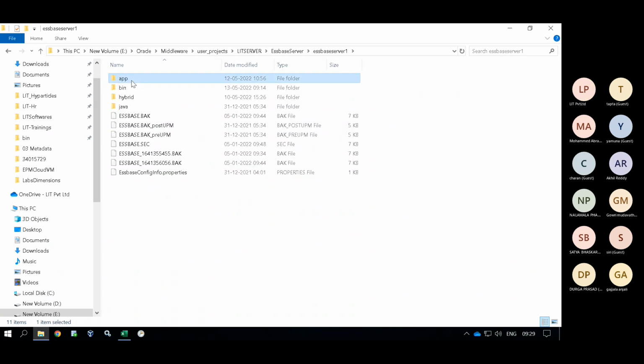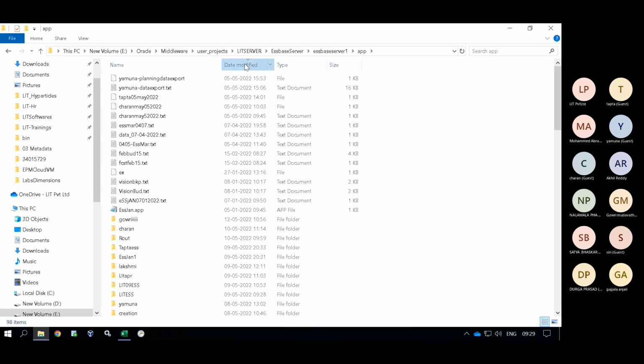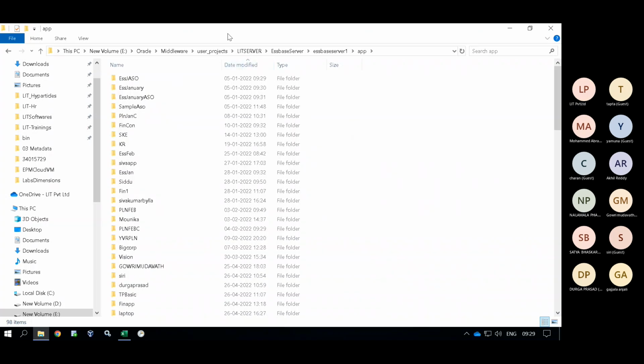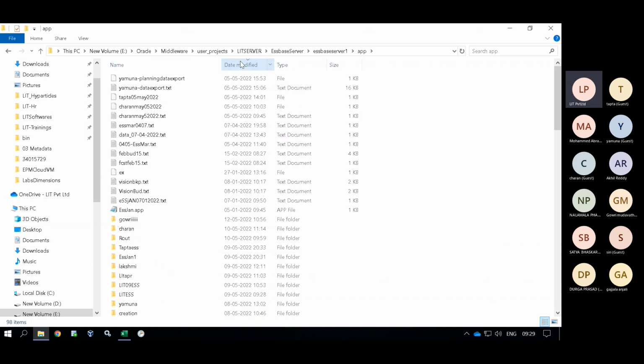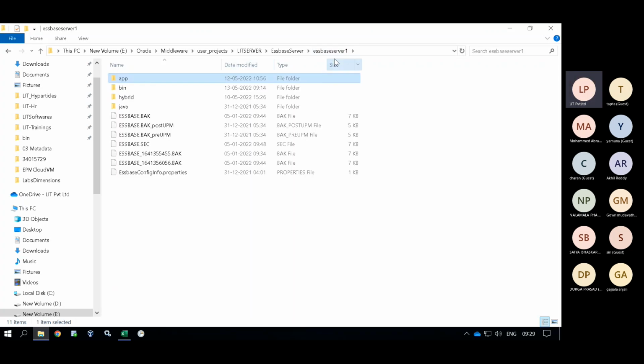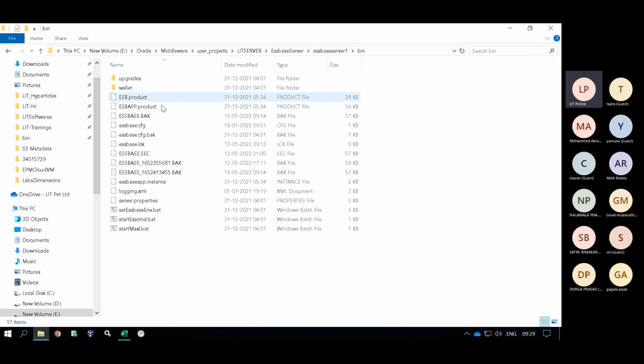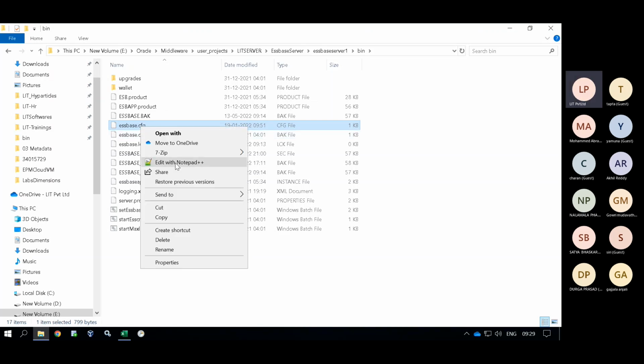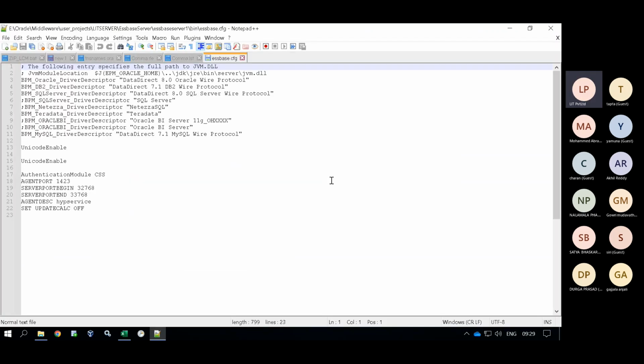I went to the ARBORPATH, where I can see the essbase.cfg file. It is available in the Essbase server bin folder. This bin folder is very important for Essbase. The essbase.cfg file is available here. It has the backup file also. Just go and open it in Notepad++. You see,